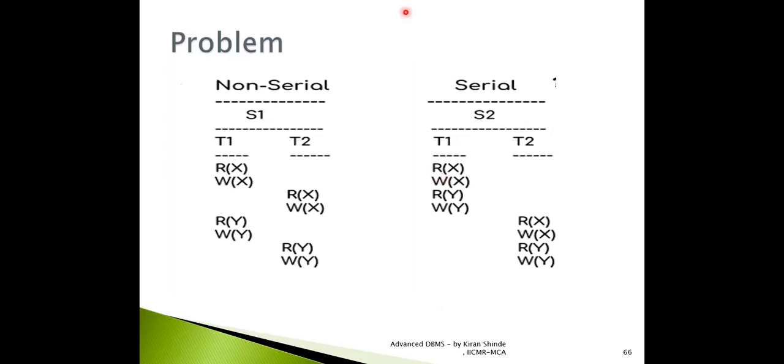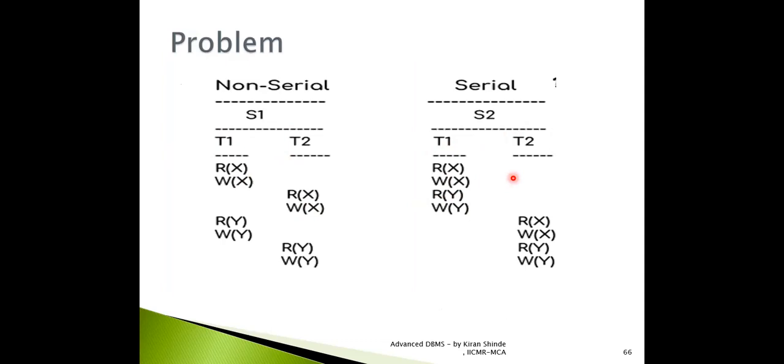Now, this is one more example. Actually, I have kept this particular example for your practice, but since this is a video lecture, we will just discuss here only. Here also, if you observe these two schedules, S1 is absolutely not a serial schedule, and this is completely a serial schedule. So we are comparing a non-serial schedule with a serial one. And if we come to a conclusion that these are view equivalent to each other, then obviously these two schedules are going to produce a consistent result. And ultimately we can say that these are view serializable schedules.